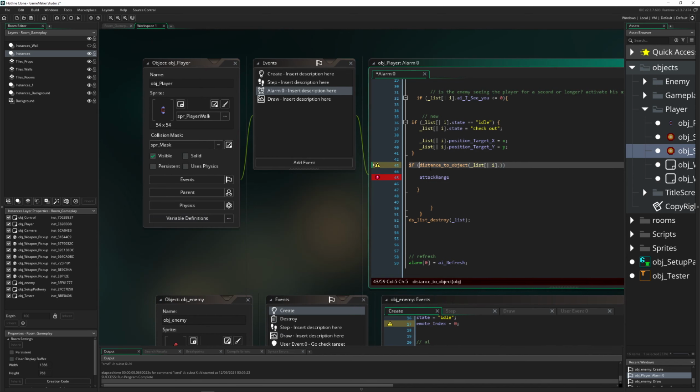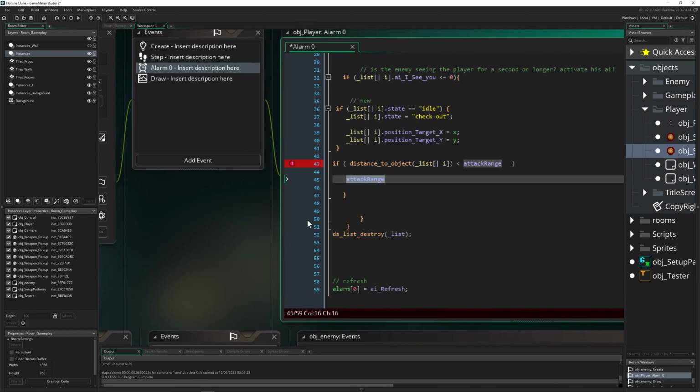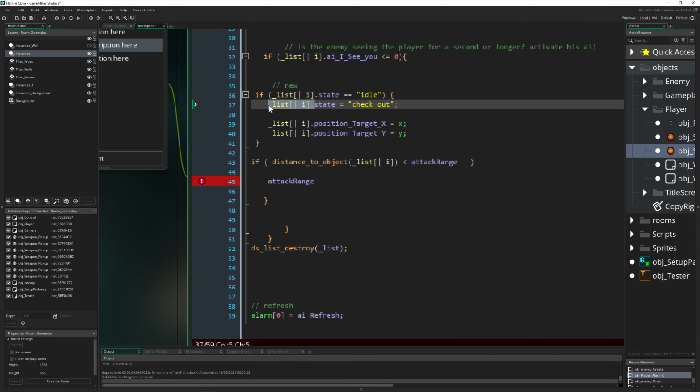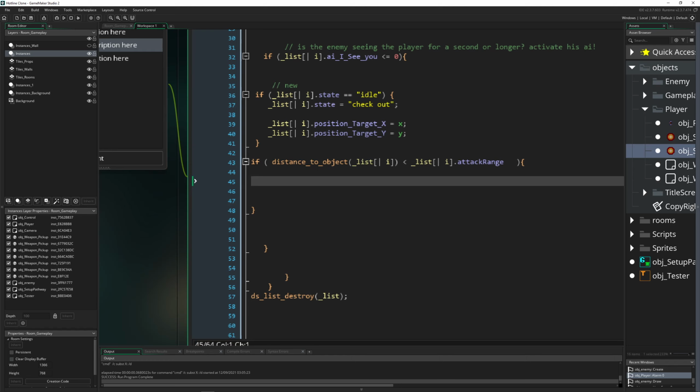This thing will give back a number. So basically distance to object just means, from our current enemy in our list, it will be a number. And then, for example, if the number is smaller than the specific attack range, which can be a thing that can vary if you like. So for example, melee ones maybe have a smaller attack range and snipers have a bigger one, and so on and so on. So if we are below this attack range, then we actually do something, which is to trigger